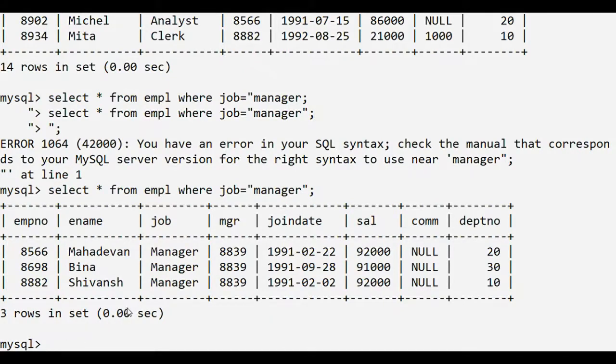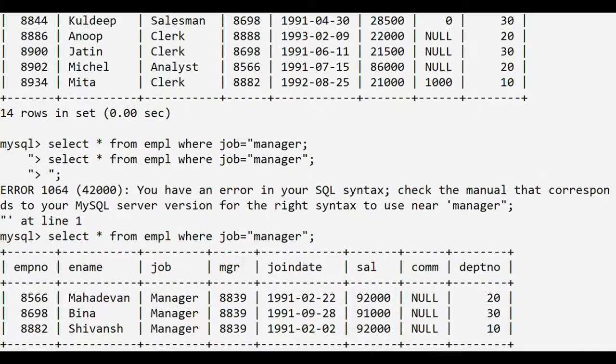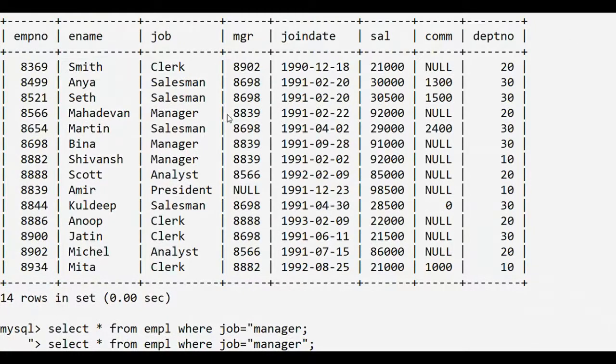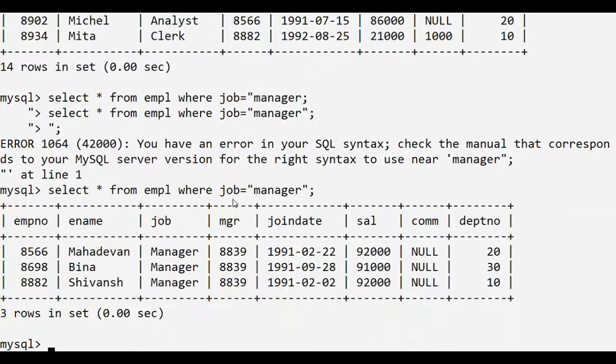This is the output of the select command. So we have 3 rows in the output because there are 3 employees who are managers. Let's check the original table to verify the result. There are 3 employees who are managers. This condition specified with the where clause will be checked on each row of the table.